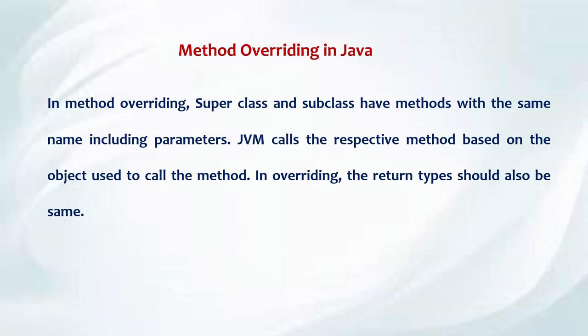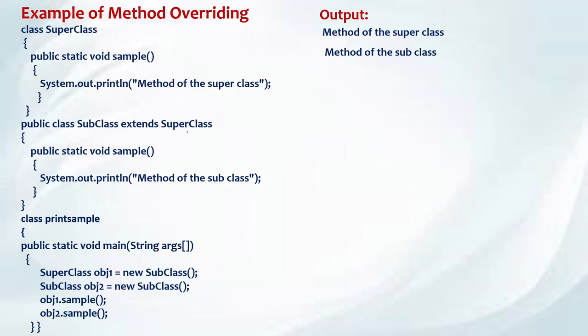Next example. Here in this example, we have a super class. In that super class, we have a void sample method, with one print statement that will print method of super class. And second, the public class subclass, where we create a subclass that inherits the properties of the superclass. Here the sample function is there, and the superclass also has a sample function. Same function name,